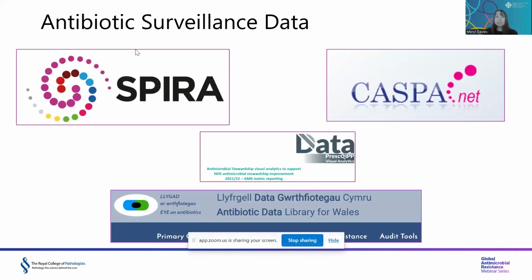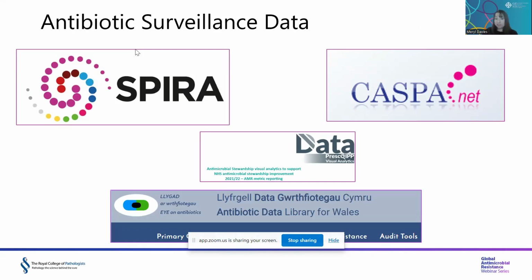Within the United Kingdom, there's a lot of data from the perspective of antibiotic surveillance, and I've given some examples here of how we access that data. So from the perspective of the United Kingdom, we can access prescribing data on casper.net as well as Prescrip. And then in the United Kingdom, and within Wales, we access our national prescribing indicator data on Spira, and then